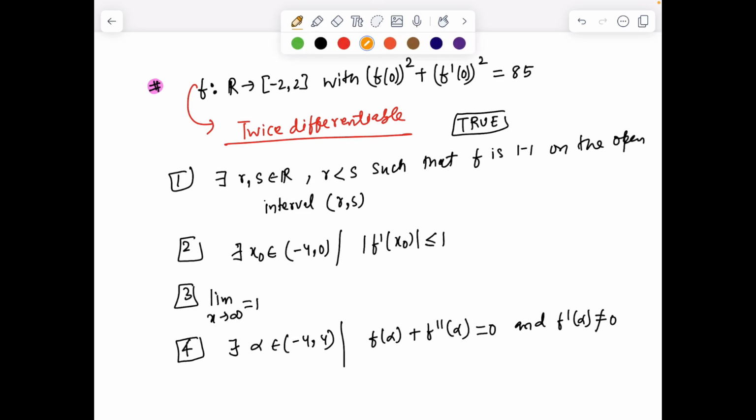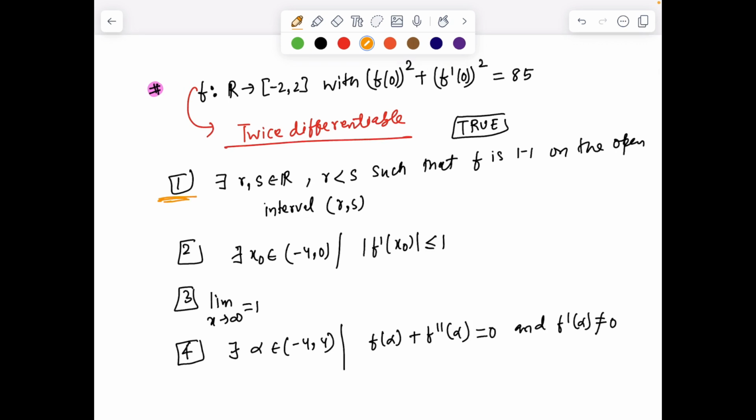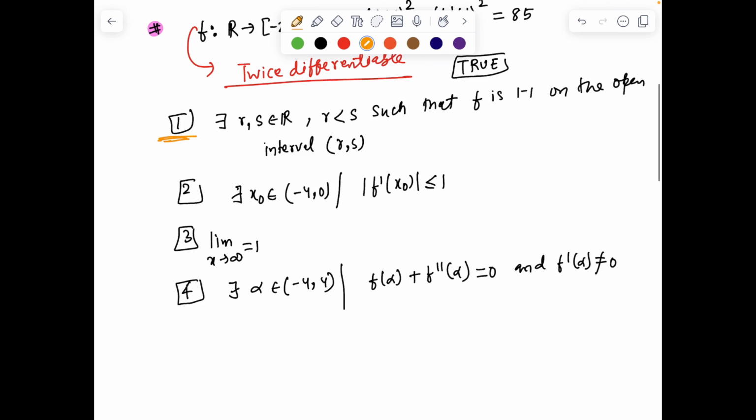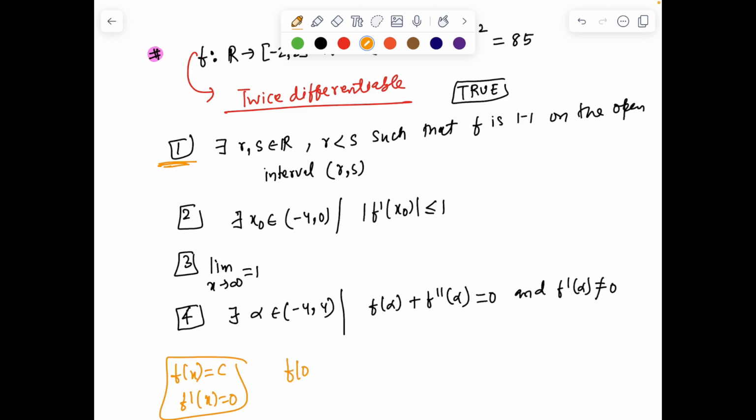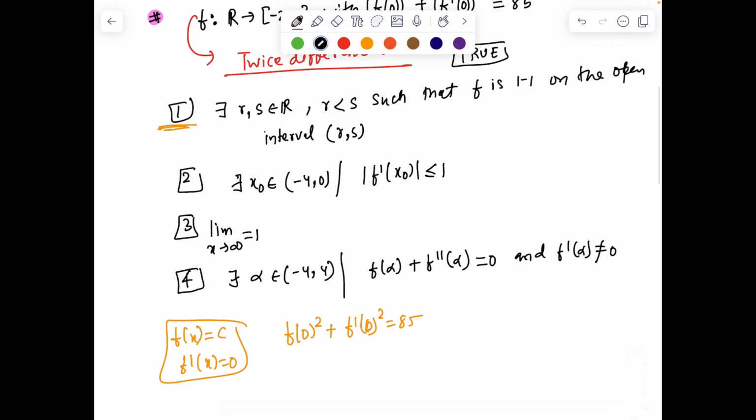Usually the explanation given for the first part in most coaching institutes is that f(x) cannot be constant. Because let's say if f(x) is constant, some c, then f dash x is going to be 0. And since f dash x is 0, that will force (f(0))^2 + (f'(0))^2 = 85 to be impossible. The reason being this quantity will be 0, so f(0) has to be plus minus root 85,